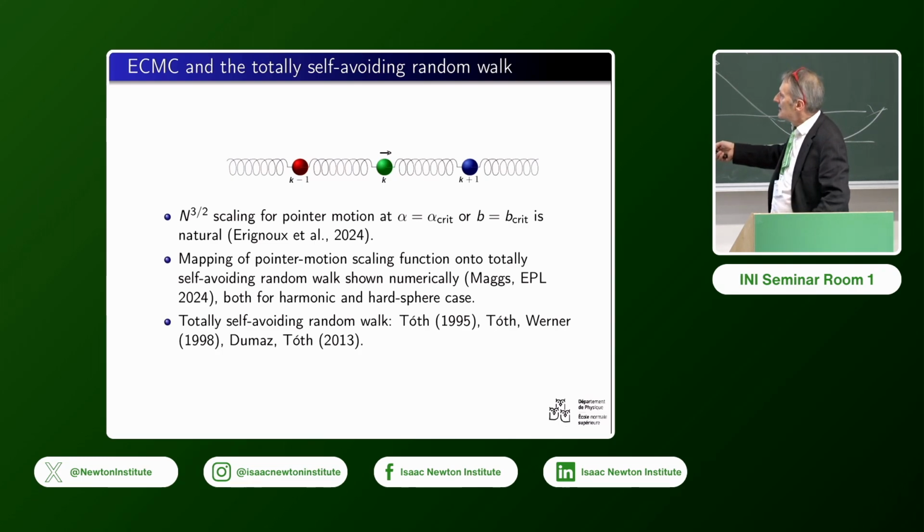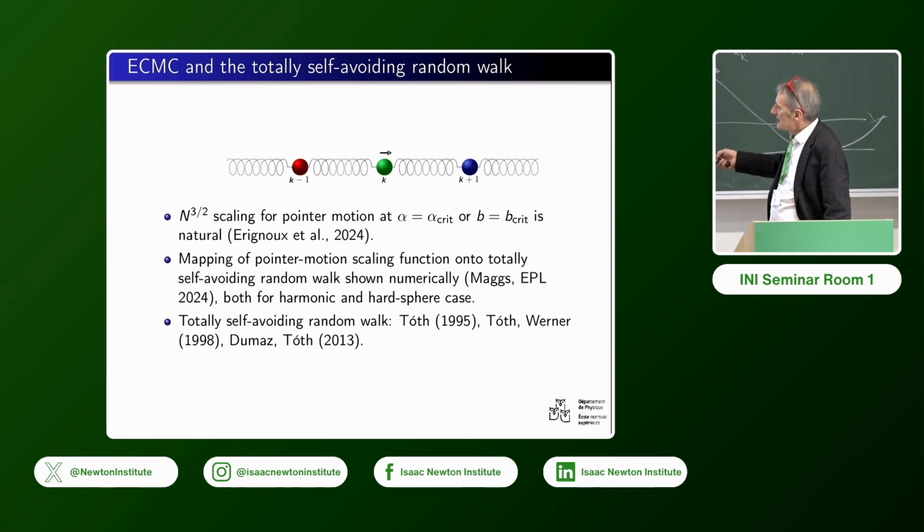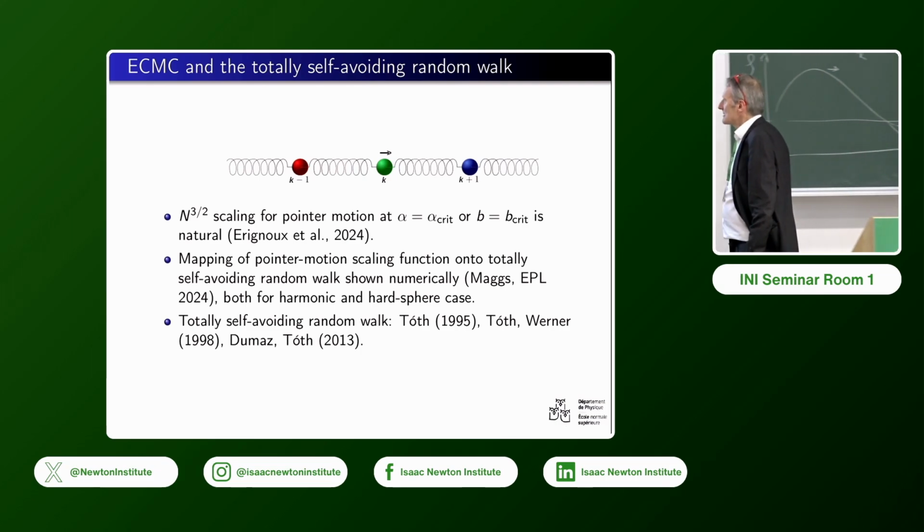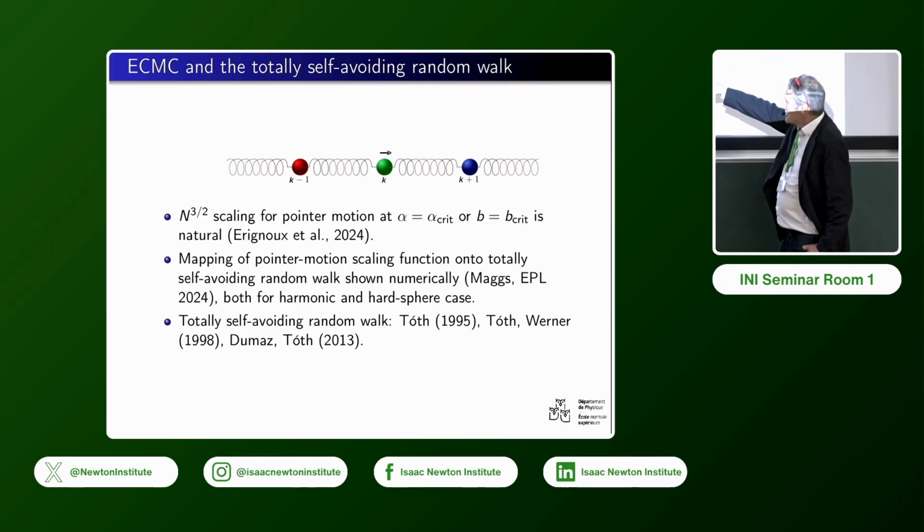I don't go into details. Scaling onto the totally self-avoiding random walk. That was discovered this year by Tony Marks, who has written a fantastic paper, both for the harmonic and for the hard sphere, that means for the totally asymmetric case. And of course, the totally